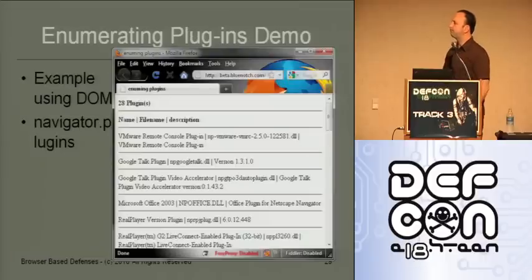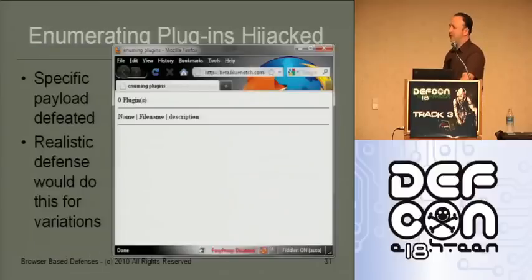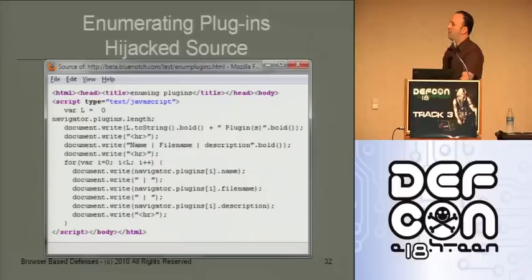All right. Here's the navigator.plugins enumerating. This is the result of what it looks like when it works. This is just a proof of concept here. I think I leaned on Browser Spy for this one. And of course, once it's working, see, it doesn't work. No plugins. And all we really did was we injected it equals 0, prepended it to whatever was there. Turns out that's good enough. It breaks it. That's fine with me. If it didn't break it, depending on if they just didn't set it to